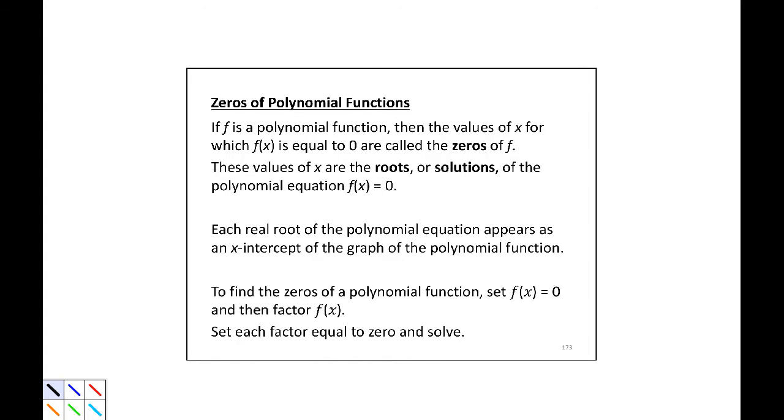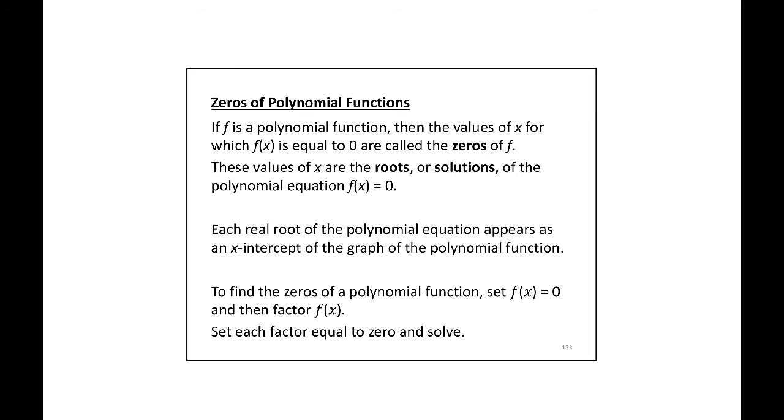Now let's draw some connections between the term zero of a polynomial function and root or solution of a polynomial equation. These three terms are often used incorrectly, so I want to make sure you're clear on the vocabulary. If f is a polynomial function, then the values of x for which f of x is equal to 0